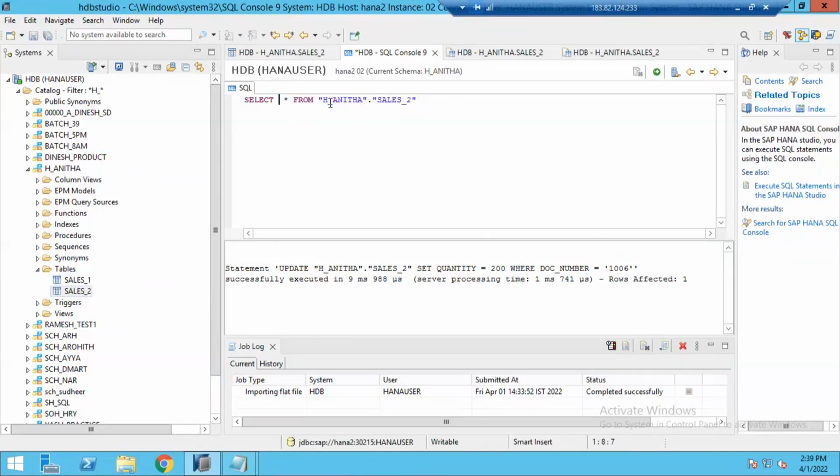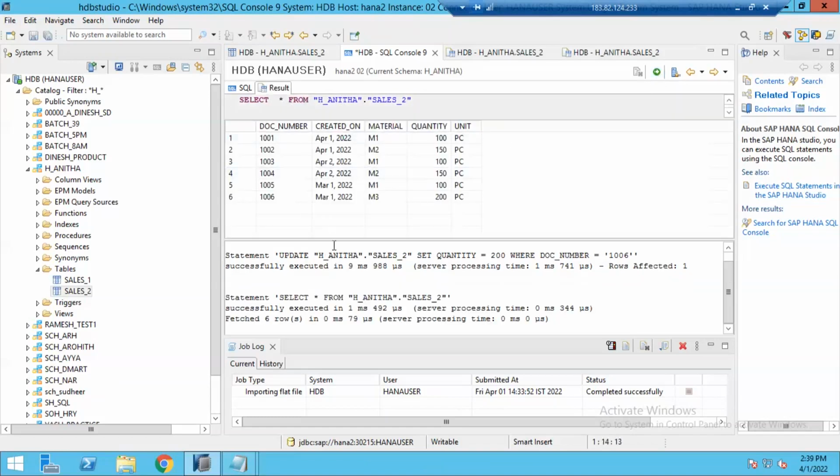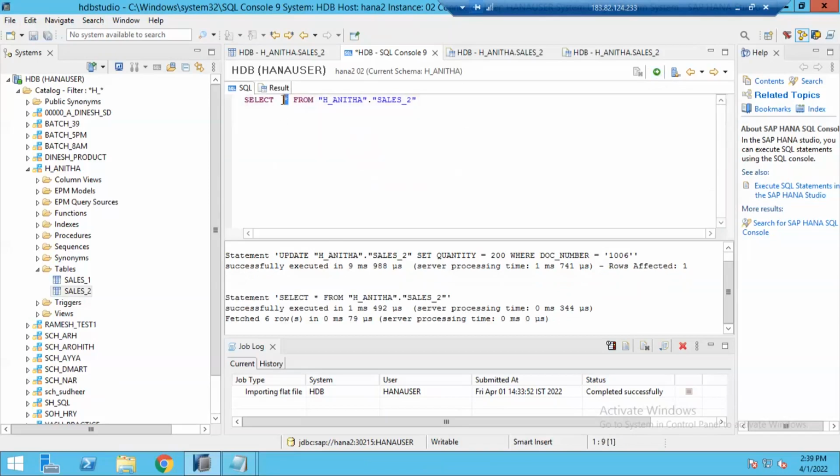If you remove top 1000 and only write select star, star means all the columns from the table. From table name, it brings all the data from the table. For example, instead of star, if I write select doc underscore number from this table name, what will it return?